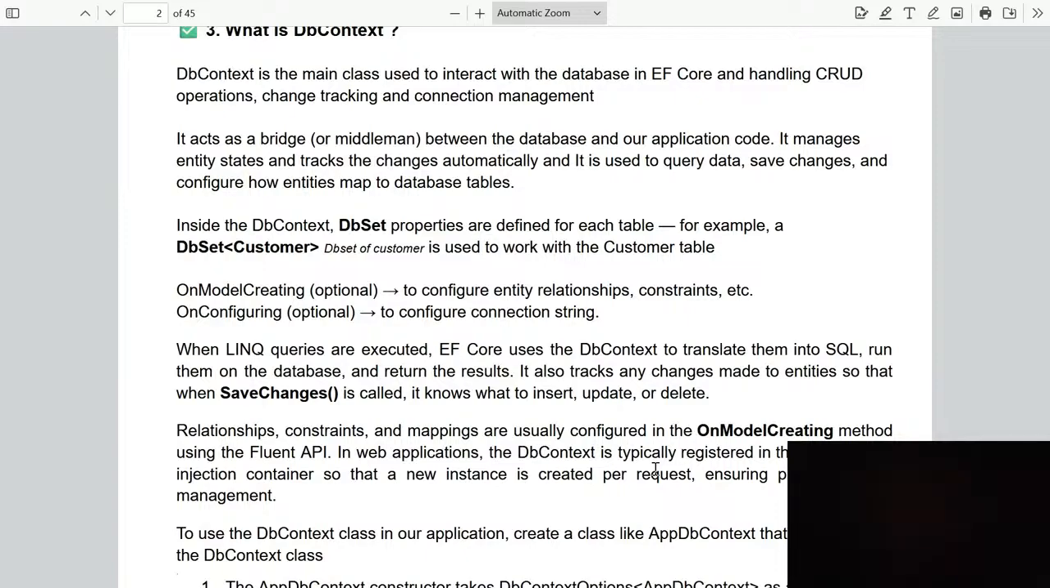So DB context acts as a bridge between the database and our application code in Entity Framework Core. It manages the entity states and